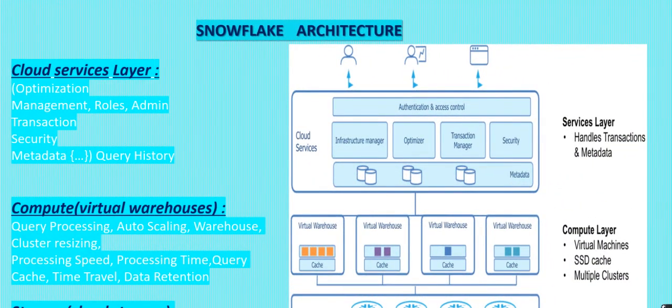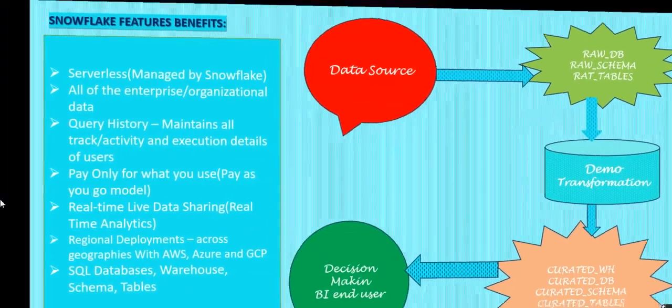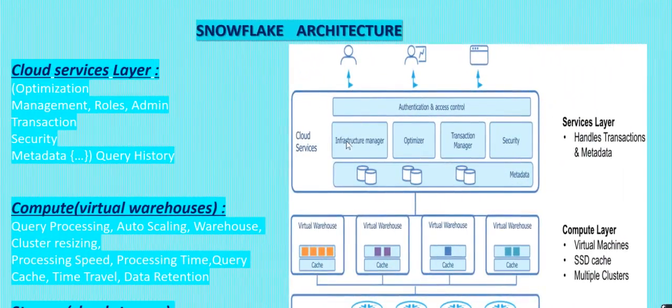About Snowflake fundamentals. Before starting with the Snowflake fundamentals, let's quickly discuss the Snowflake architecture, which consists of three basic layers: the cloud services layer, the compute layer, which we generally call the virtual warehouse layer or query processing layer, and the third layer, which is our storage layer. So here we have the cloud services layer, which comprises